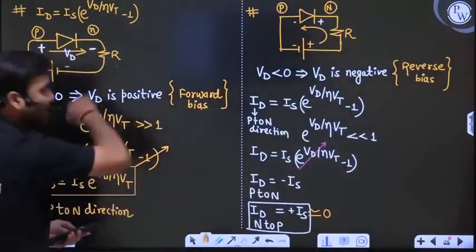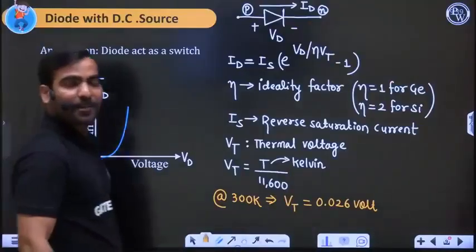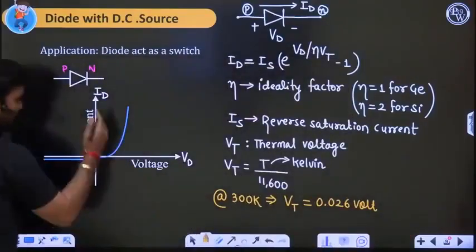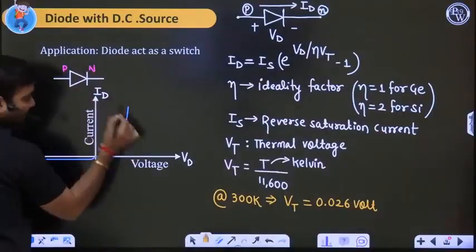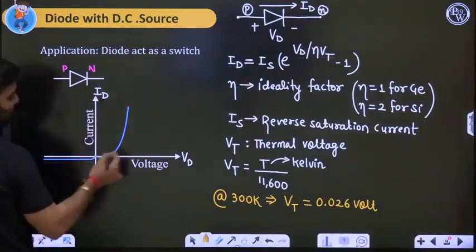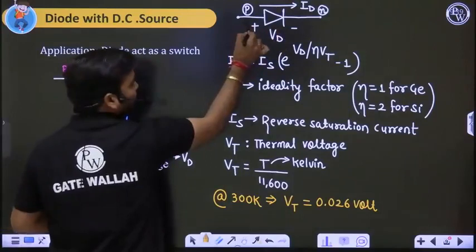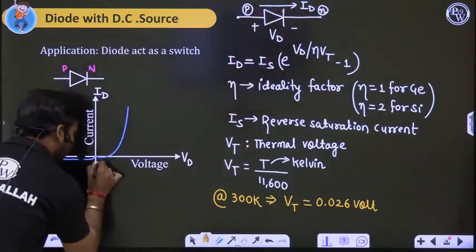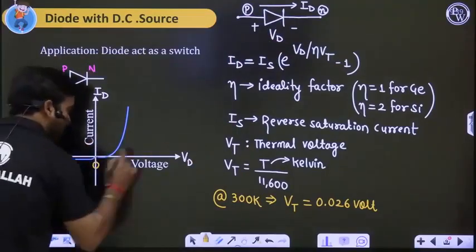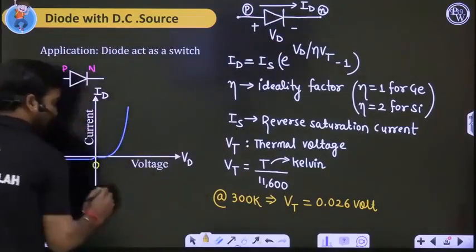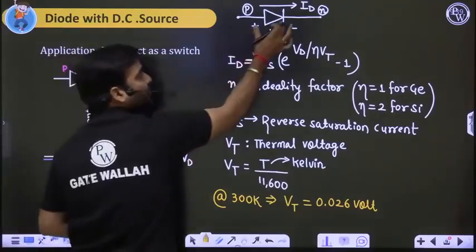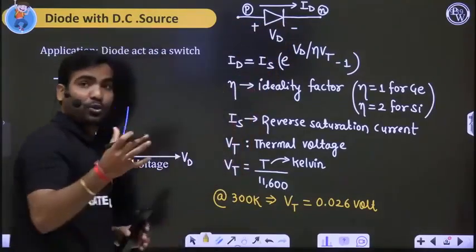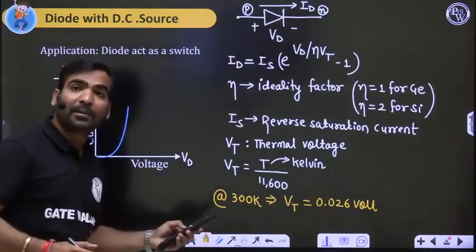Now come back to the characteristics. This is Id versus Vd. On the characteristics, if I plot an x-y plot, this is x, this is y. Vd is the voltage across the diode, here plus, here minus, and the current is in P to N direction. This voltage is 0 point. If Vd is positive, it is plus x. If Vd is positive, this side is plus, this side is minus, positive voltage, the diode is forward bias. What is the relation between Id and Vd?